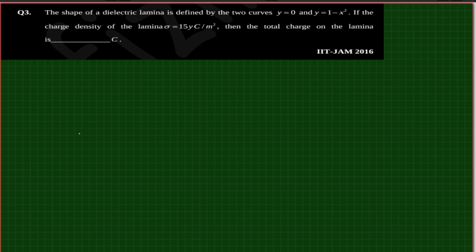Shape of dielectric lamina. A lamina is given, which is defined by these two equations. Also surface charge density is given, and what is asked? Total charge on the lamina in Coulomb is asked. So given is lamina